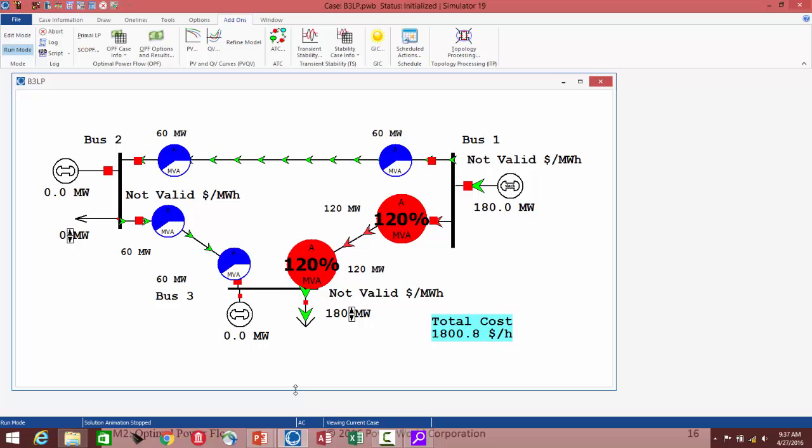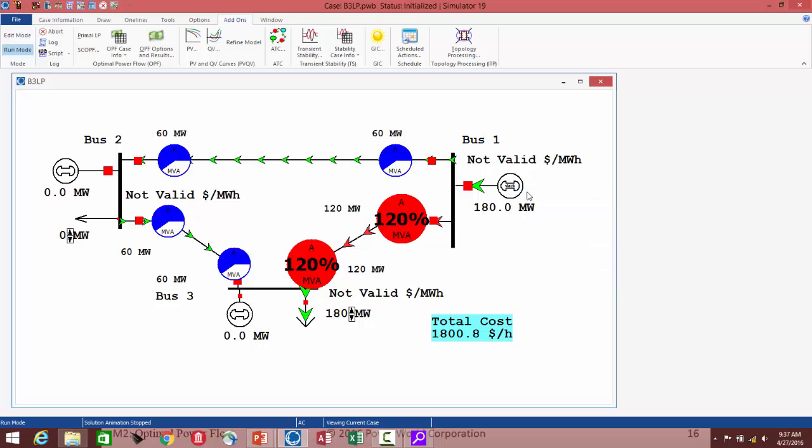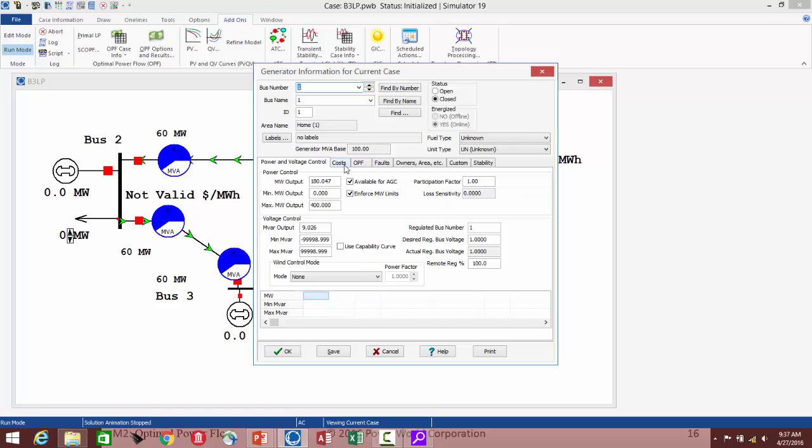Okay, so a few characteristics about this system. There's 3 generators, one at bus 1, one at bus 2, and one at bus 3. There's a single load that's in service that has 180 megawatts of load. The cost structure is such that the generator at bus 1 has a price. If I open its dialog right here and go to the cost tab,